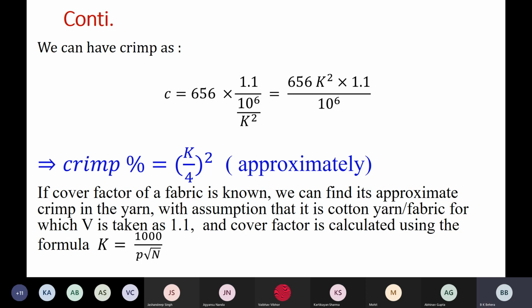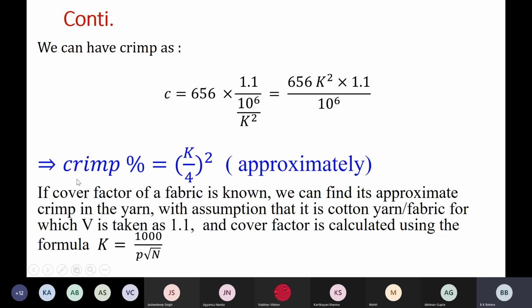When I say crimp of a fabric, you must remember, a fabric does not have crimp. We are just saying it inadvertently. It is actually the crimp of the yarn of the fabric. Crimp is a property of a yarn, not of a fabric. But if there is no fabric, there is no crimp in the yarn either, because it is only in woven fabric that crimp is introduced by weaving. In the immediate next lecture you will see how crimp is introduced and how we express crimp. But you must know that sometimes we inadvertently use the term crimp in the fabric.